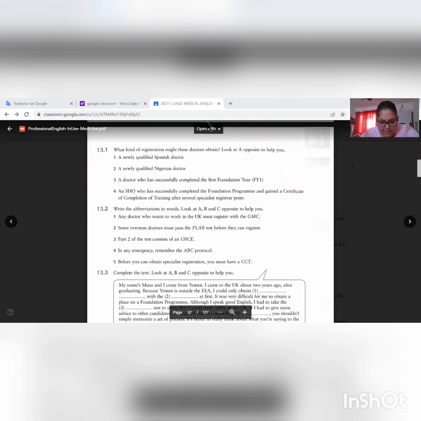13.3. Complete the text. Look at A, B, and C opposite to help you. My name is Musa, and I came from Yemen. I came to the UK about 2 years ago after graduation because Yemen is outside of the EEA. I could only obtain limited registration with the GMC at first. It was very difficult for me to obtain a place on a foundation program. Although I speak good English, I had to take the PLAB test to show that I could work safely in